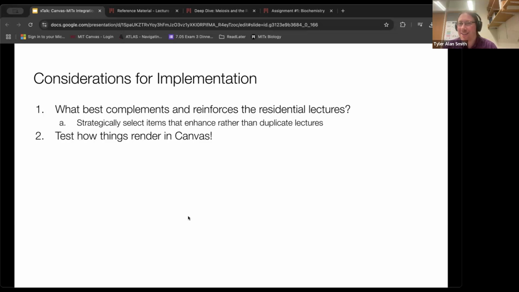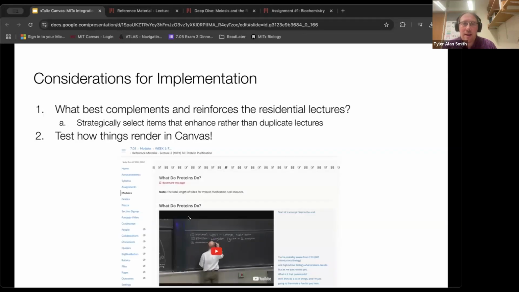Another thing that we discovered pretty early on with this integration is, usually there's not issues rendering, but you definitely want to test this. One thing we discovered very early on is if you have a sequence or a unit with a lot of tabs or a lot of verticals in it, it'll actually cut off on the windows. So this was a lecture that we provided as a reference at one point. And we noticed that actually you can't navigate to the tabs that are on the edges. And so we can circumvent that by, we splice everything up into smaller bits anyway. So this usually doesn't end up being a problem, but certainly something to think about, as well as testing all